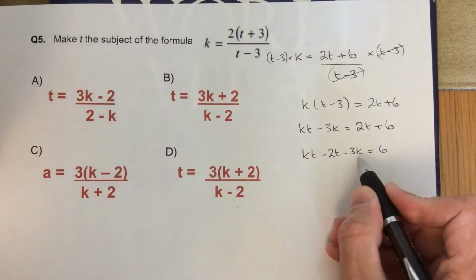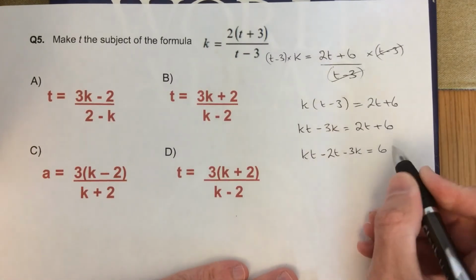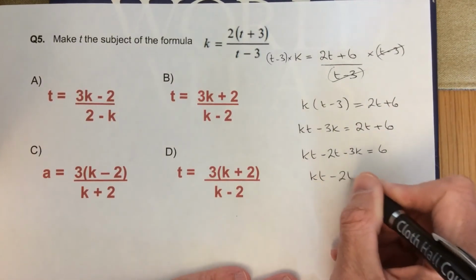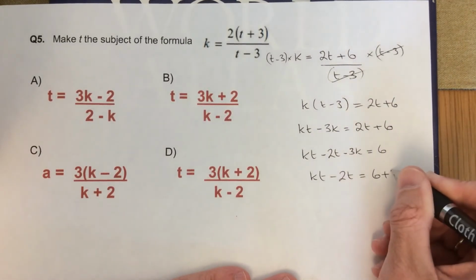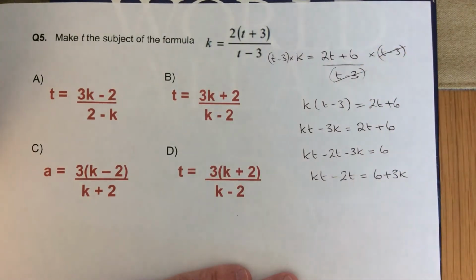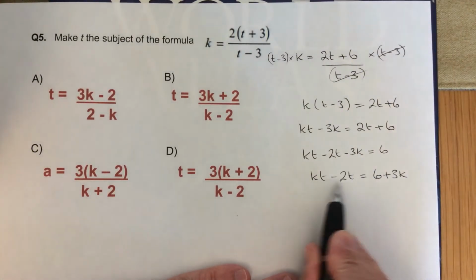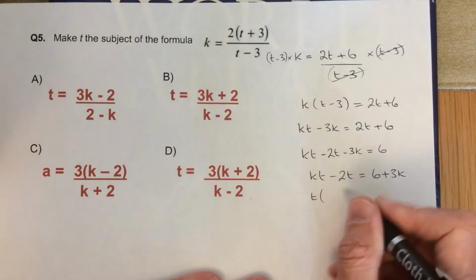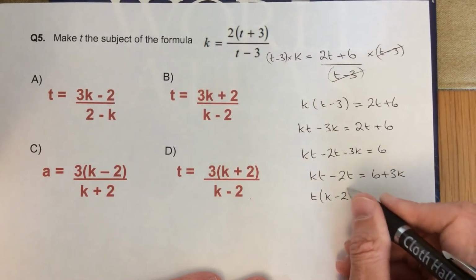I'm going to add 3k to both sides to make that disappear, but it will appear over there. So I've got kt minus 2t equals 6 plus 3k. Okay, right, now what can I do? I can take a common factor of t from this part here. So k minus 2 in the bracket, close your bracket,